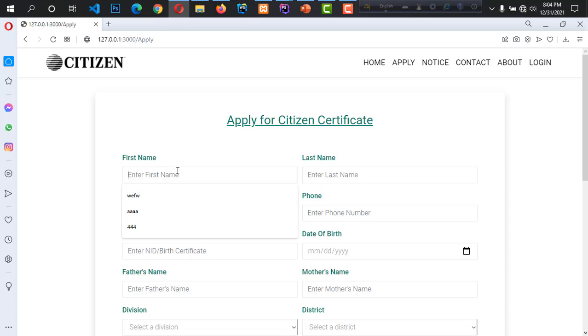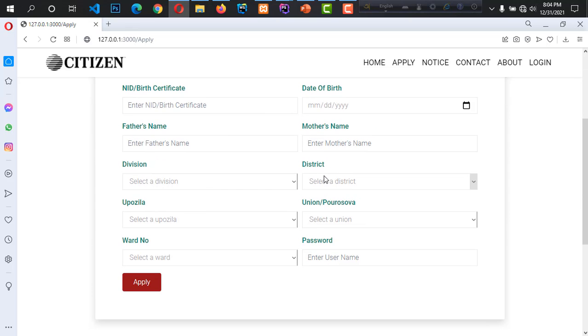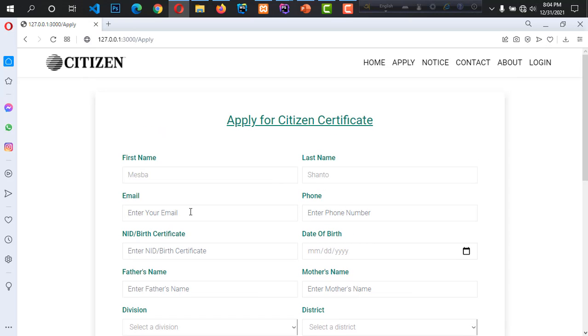So I fill this form. I give my name Misbah Shanto. We need to input our mail. So this is basically also the apply page, and it will automatically register a user.